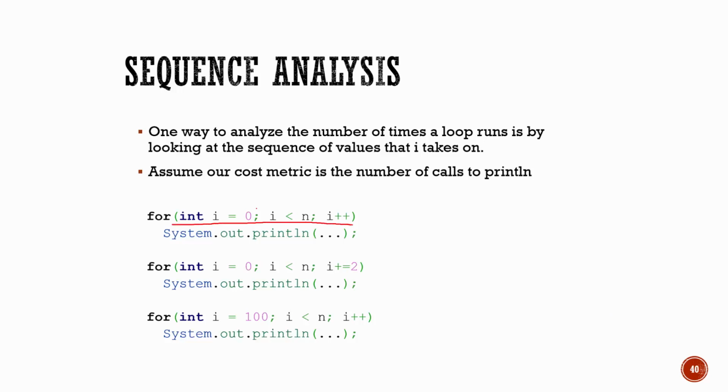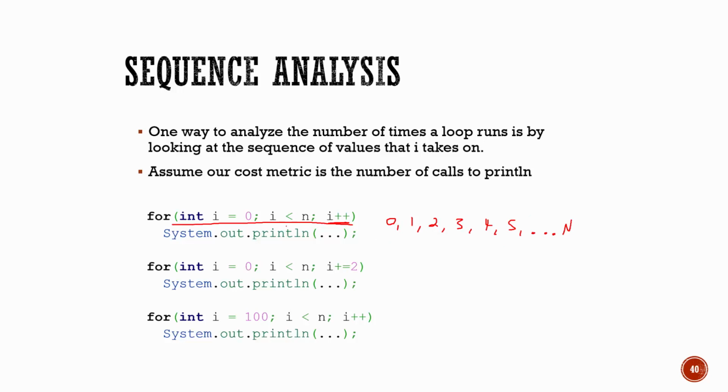We already know the different parts and what they mean, but what does this mean in terms of the value of i? Let's just take a look. If I think about this, i is initially going to look like 0, and then I'll go to 1, and then 2, 3, 4, 5. It'll just keep on going up like that, one at a time. That's what I got from my i++ over here. And it starts at 0, and obviously it's going to go until just under n. So it keeps on walking up, and it looks something a little bit like this, and then it goes up until approximately n. Okay, so this is the sequence of values that i takes on.